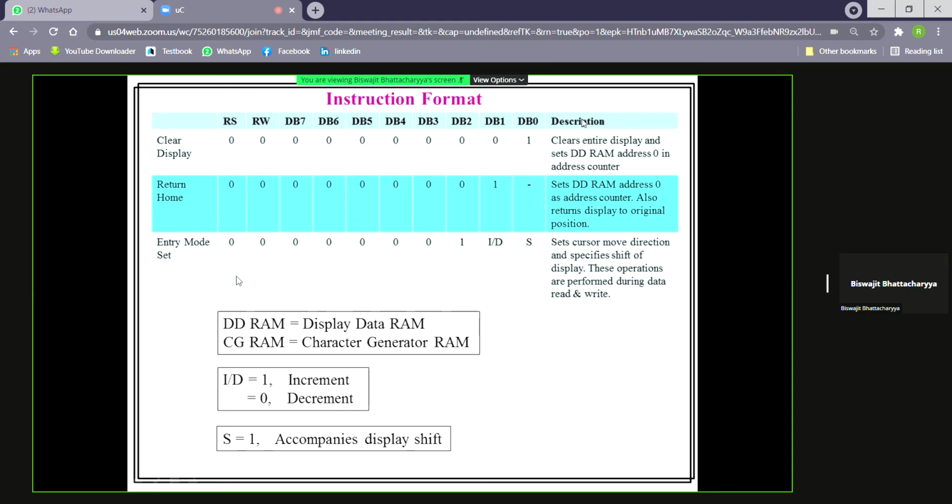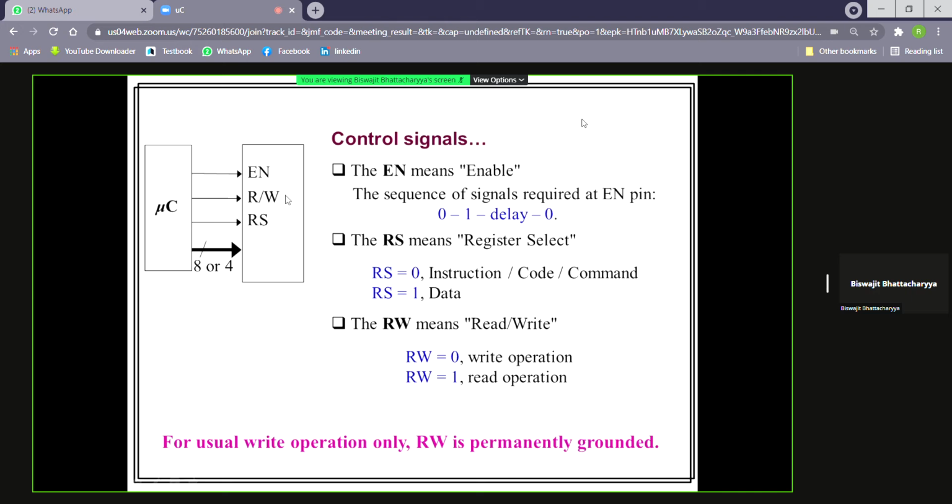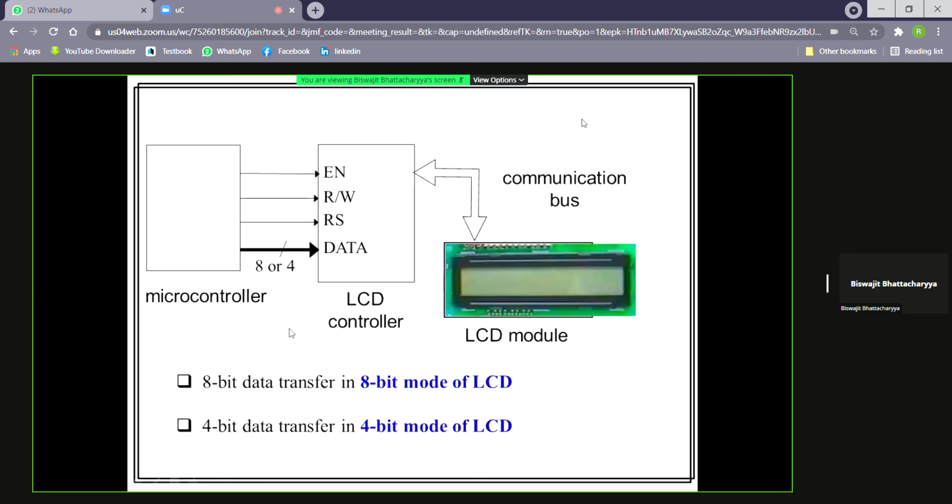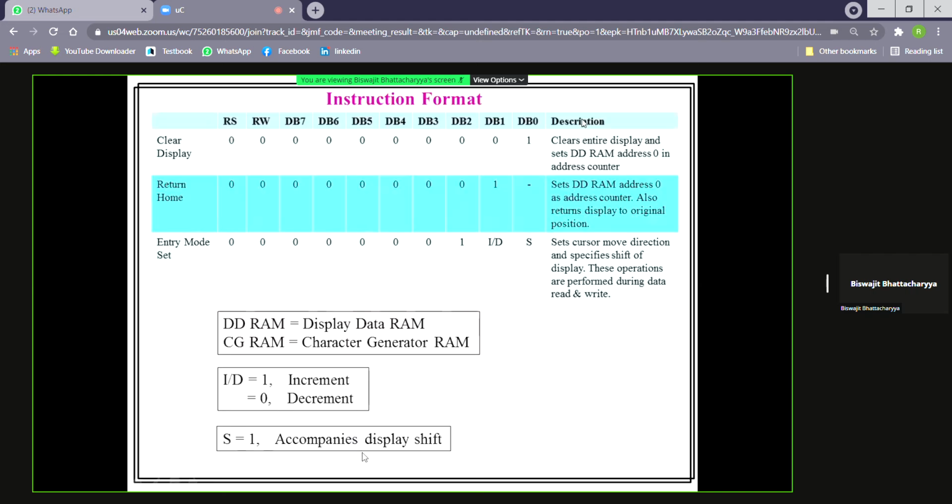Now, if we use 8-bit data transfer mode, then no problem, the 8-bit instruction will go to the LCD controller. But if we use 4-bit data transfer mode, then the entire 8 bits will be divided into two 4-bit parts. Then two 4-bit pieces of information will go one by one to complete the 8-bit instruction.